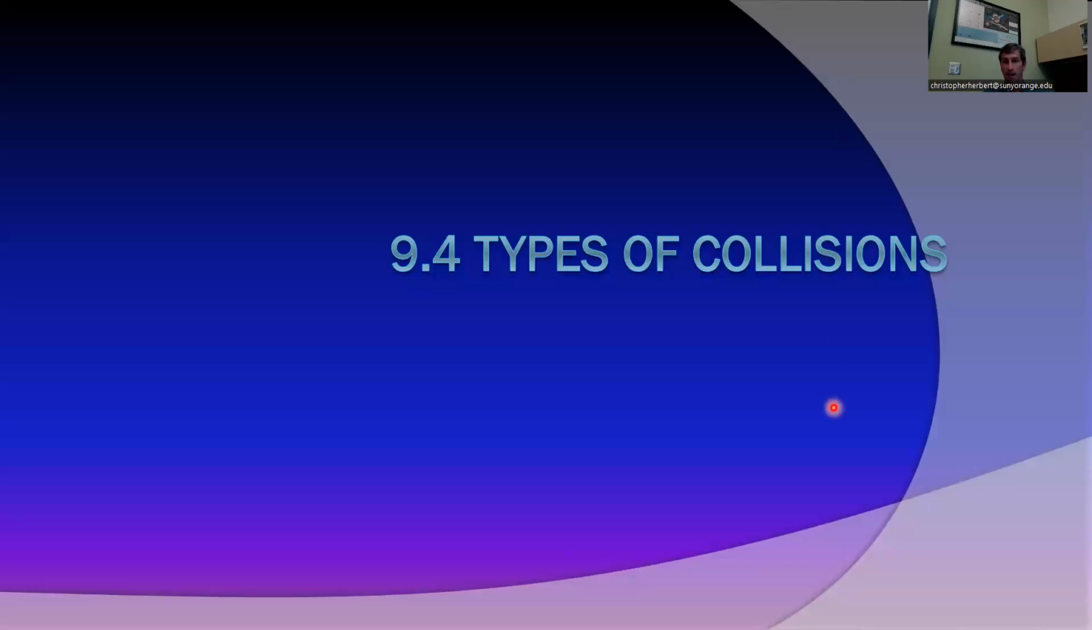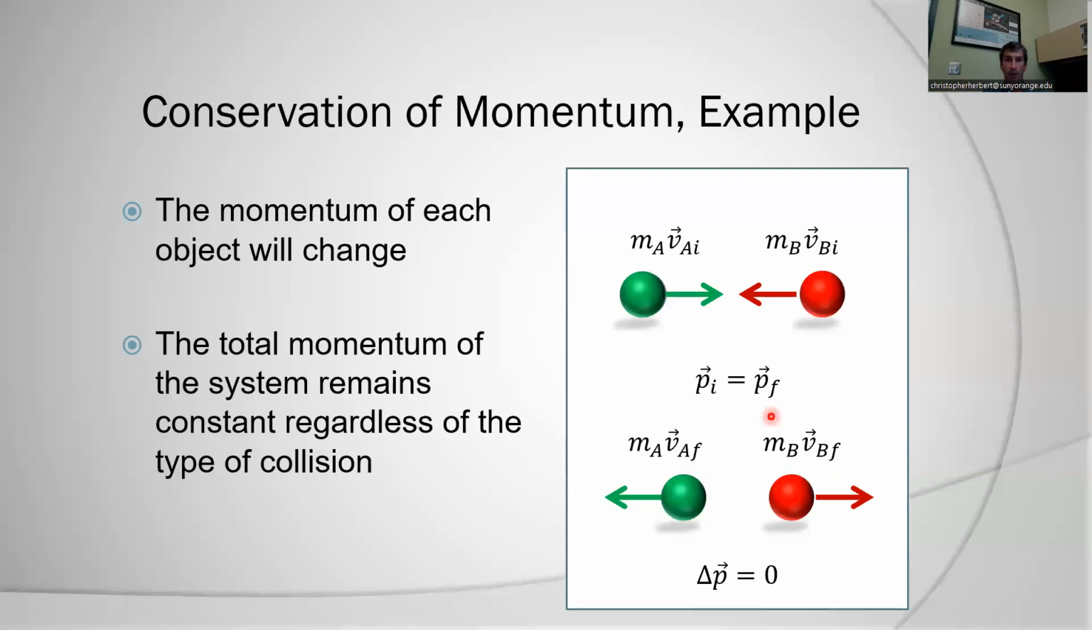Here we're going to take a look and see how we can solve different types of collisions. We're going to look at elastic and inelastic collisions and see how we use conservation of momentum and conservation of energy to solve given some initial conditions. So in any of these problems, we're typically given the initial conditions and then asked to find out what the